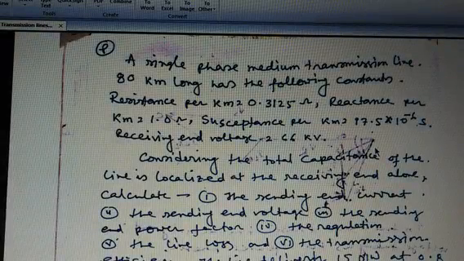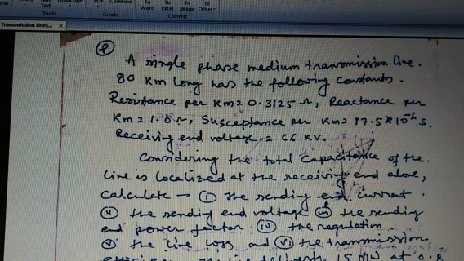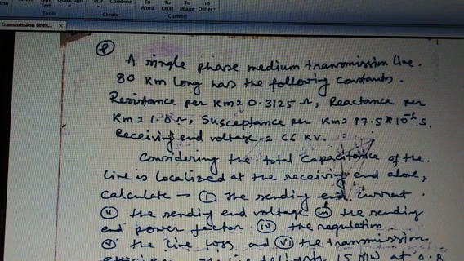In the previous class, we already learned the brief idea of the performance of transmission lines. Now, in today's lesson, my topic of discussion is different types of problems regarding the performance of transmission lines: the Ferranti effect, ABCD parameters, some ideas about long transmission lines, series compensator, and power circle diagram.